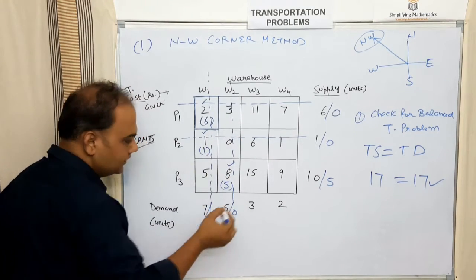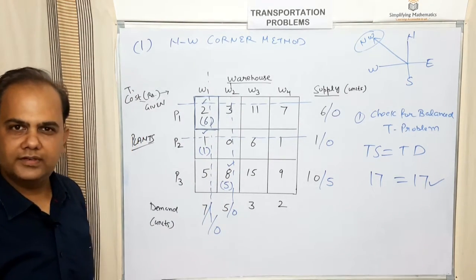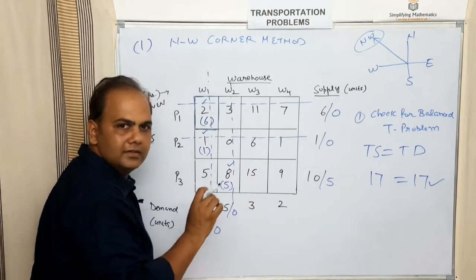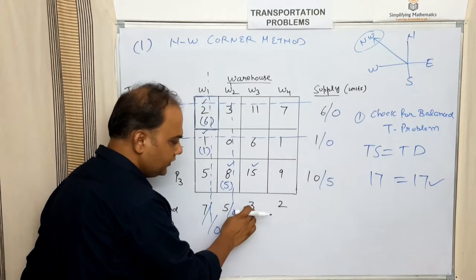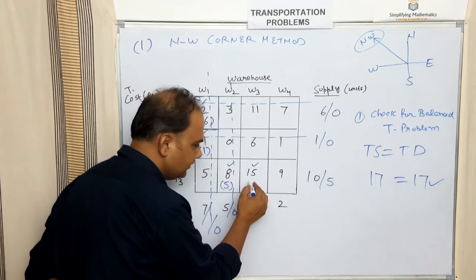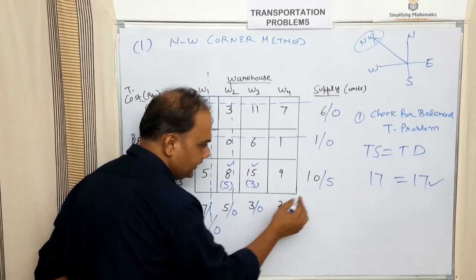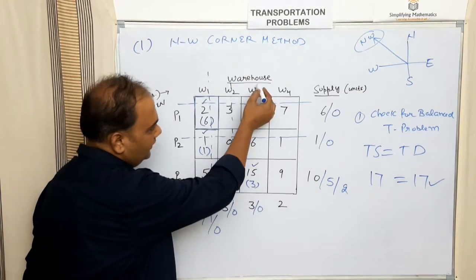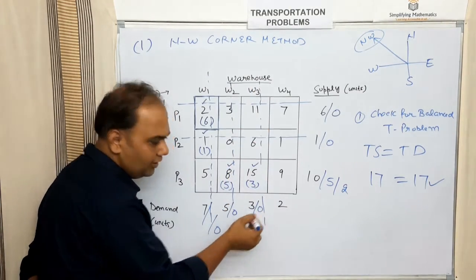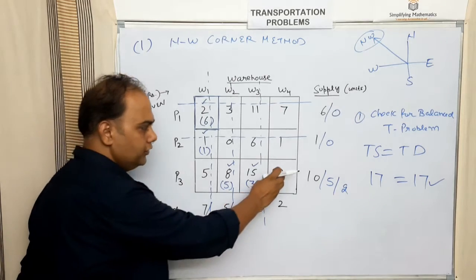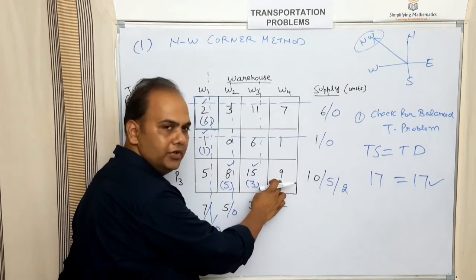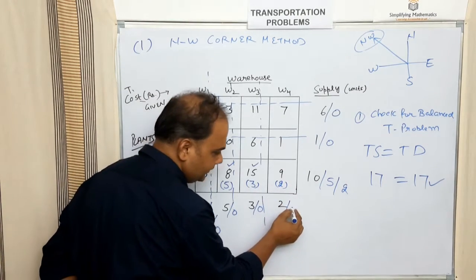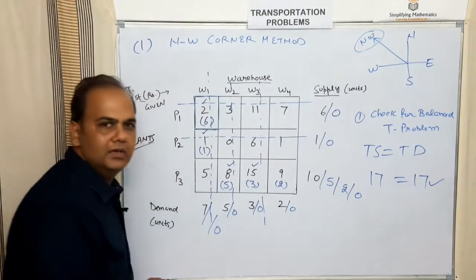Now the requirement of warehouse W2 is also satisfied. Now moving towards the leftover matrix, which is the northwest value? That is 15. So the number of units will be the minimum of 3 and 5, which is 3. So you are left with 0 here, and here we are left with only 2 units. Therefore we'll cross this W3 as its requirement is satisfied. Now you are left with only this cell 9. So here you can put how many units out of 2 and 2? We can put 2 units here. So here comes 0, and here also comes 0.